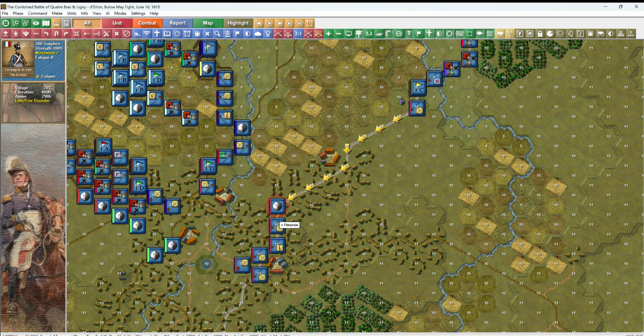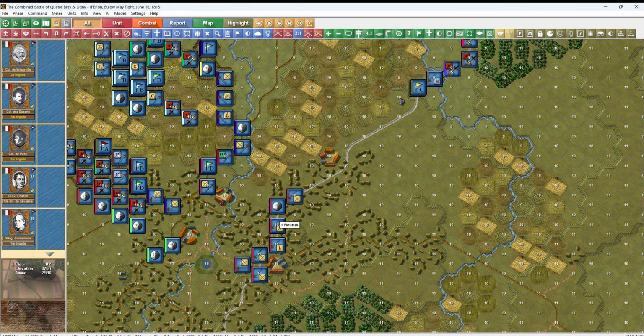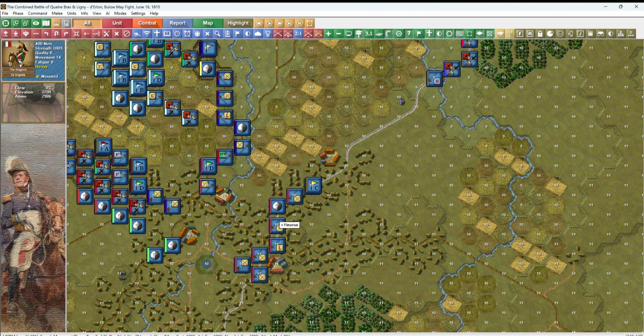Actually, historically, Napoleon's victory against the Prussians at Ligny was just a tactical victory, because they were able to successfully withdraw off the battlefield and decisively intervene in saving the British army. So you can't say that was any kind of a strategic victory. That was actually a strategic defeat for Napoleon, although it was a tactical victory. But my hope is in this battle, it's going to be a tactical defeat for the Prussians as well as